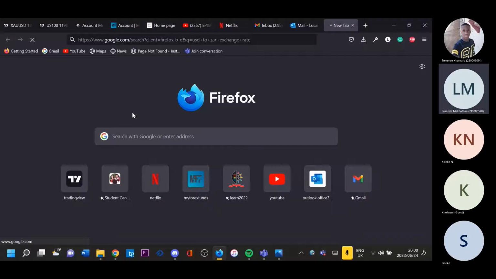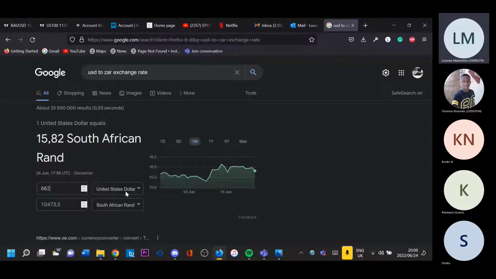That's like 10K. So if you look at it like what I said at the start of the session, it's better for you to have a great deal of capital, because if you're going to use proper risk management, it's going to take you time to actually grow that capital. You're going to get frustrated that you're not reaching your target as fast.